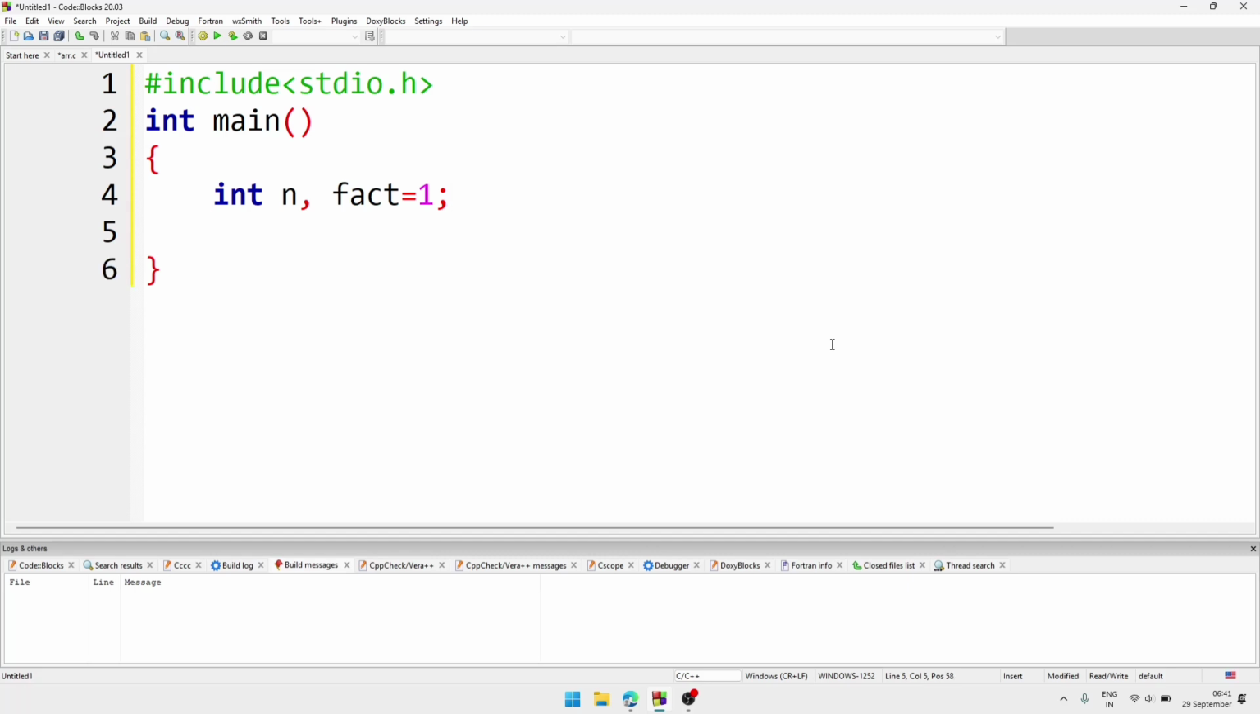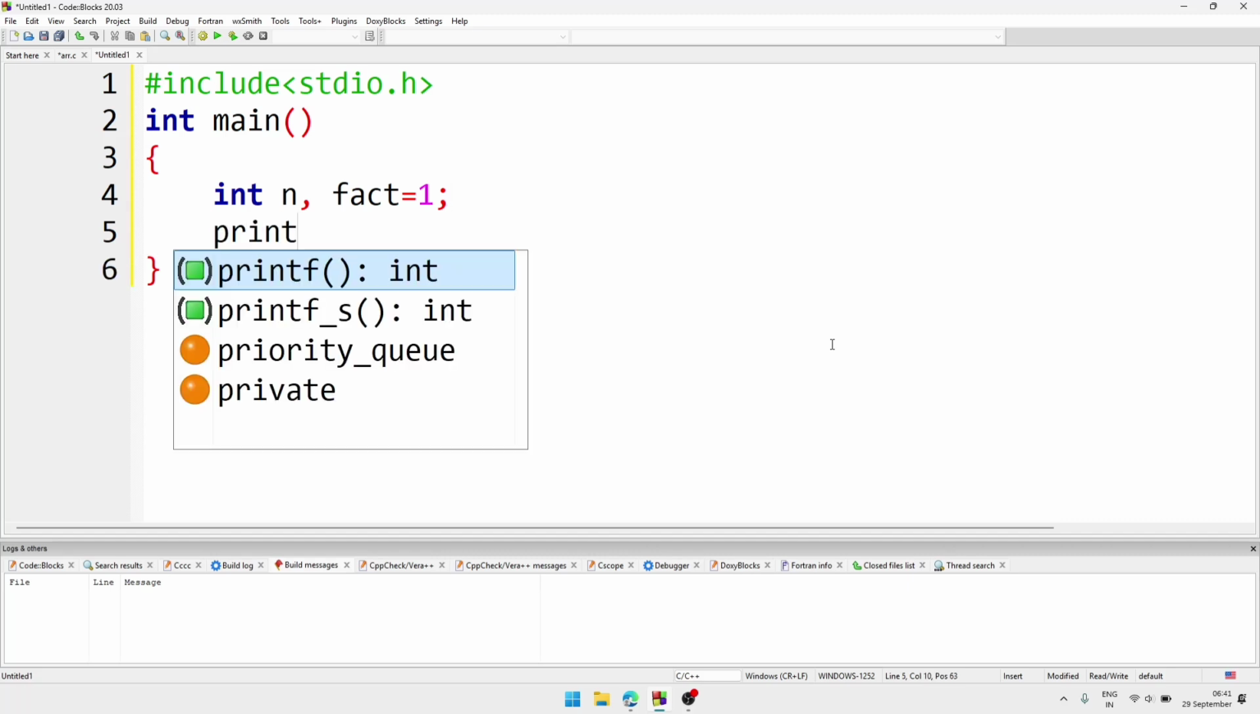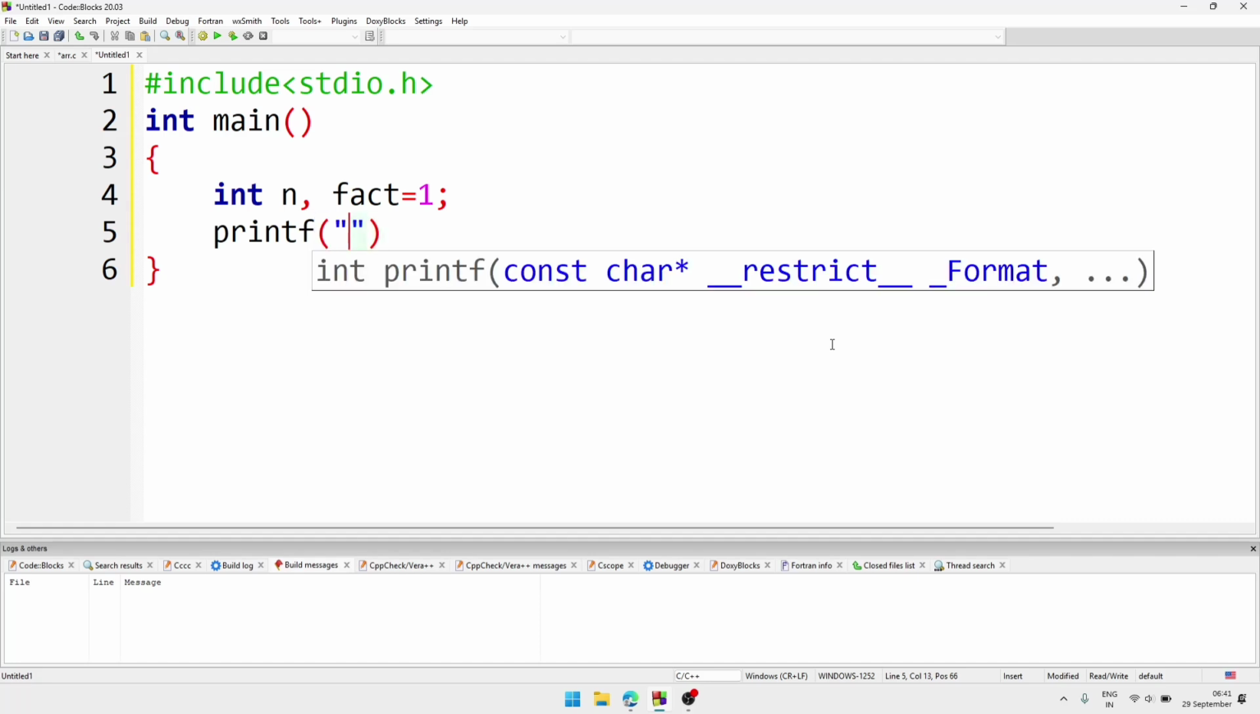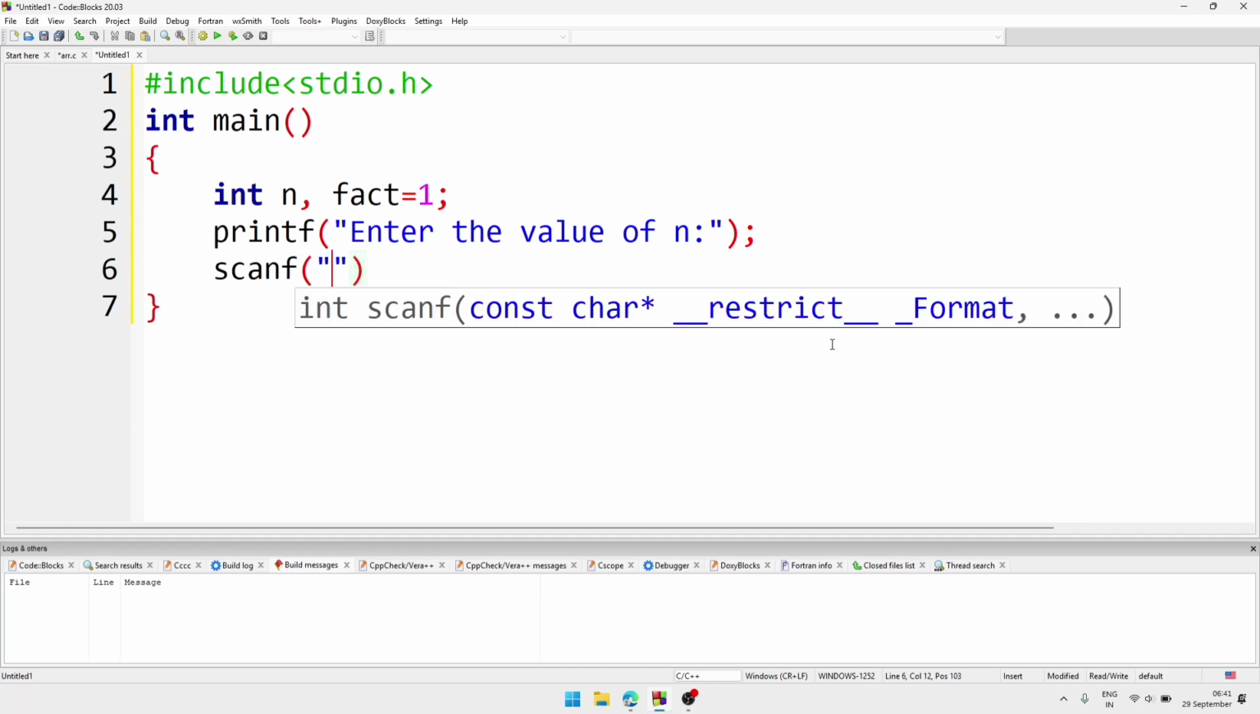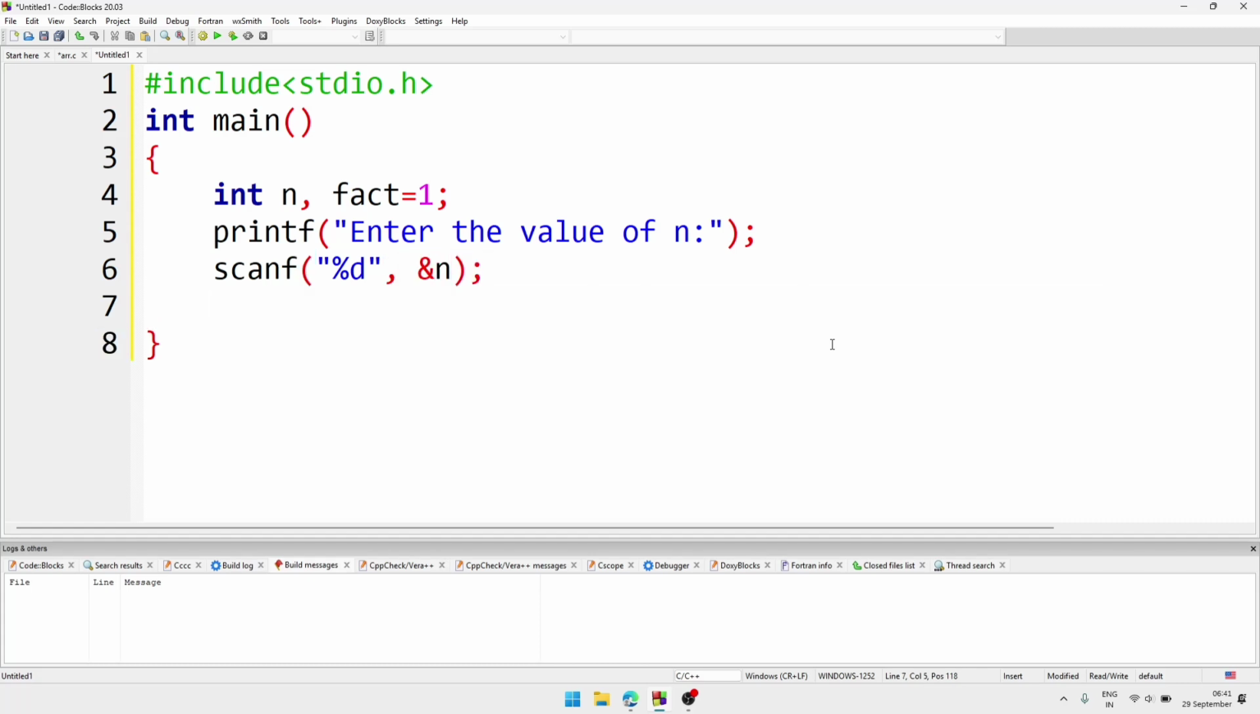Now we'll have to take the value of n from the user. So we'll write printf, enter the value of n. Then a scanf statement to scan the number. After scanning the number, now we are going to use a loop. So we will write while n greater than equal to 1,